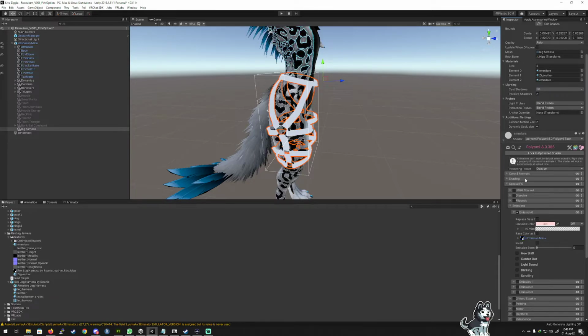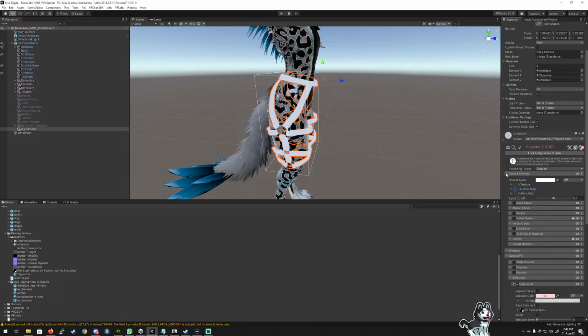Not liking that. Will it use as a normal map? It does use it as a normal map. That's okay, we can do it this way then. So we're going to drag the